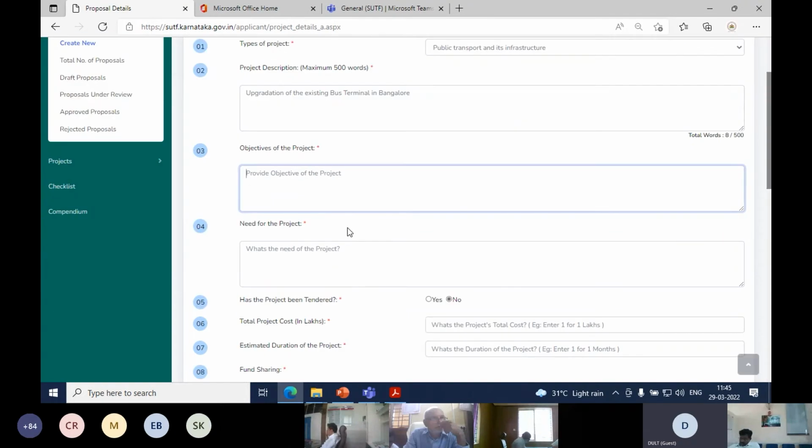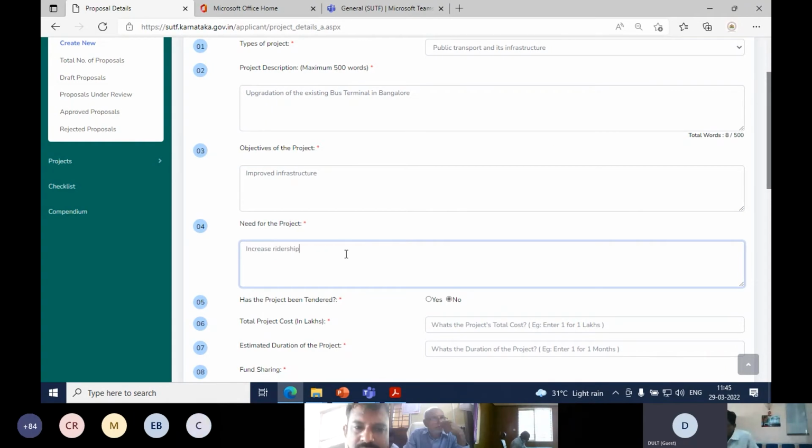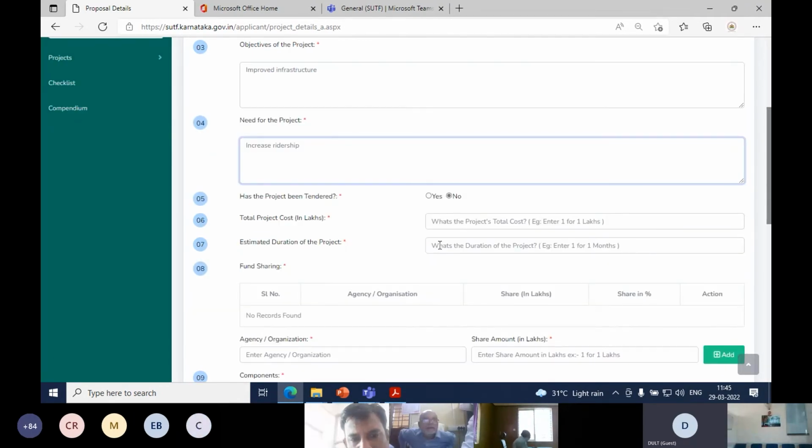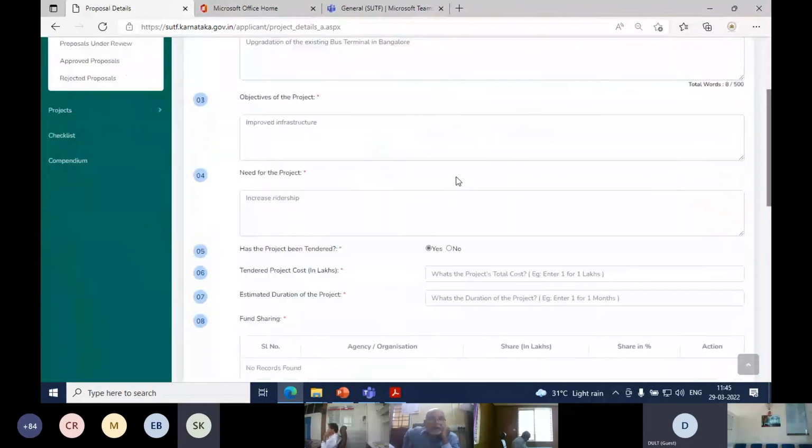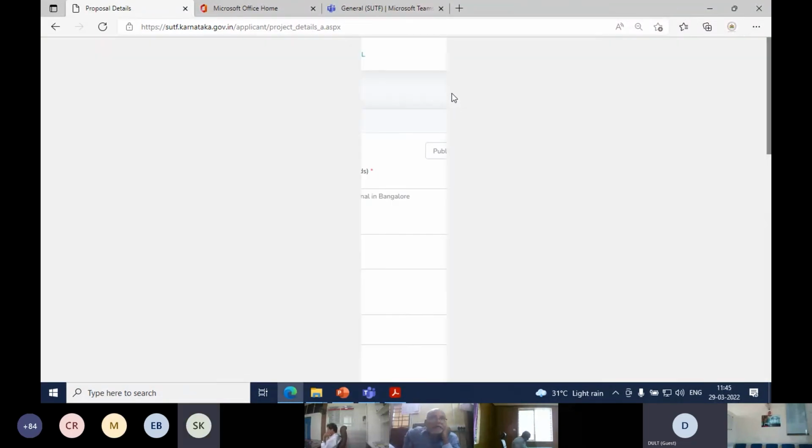Objectives of the project. Next is the need for the project. The fifth question is, has the project been tendered? If yes, then you fill in the tender amount, and if no, then you can always enter the estimated amount.